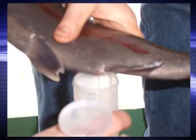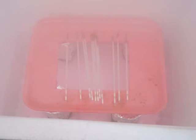And so I realized it was spawning season because we were freely expressing semen already, just from the stress of being caught. And then we were able to collect the semen, and I stored some in an extender just to look at a day or 2 later to see how long it would survive in the type of media that I'm trying to use to store it. And then we also cryopreserved some in liquid nitrogen, so that we can keep for years and years in my liquid nitrogen tank